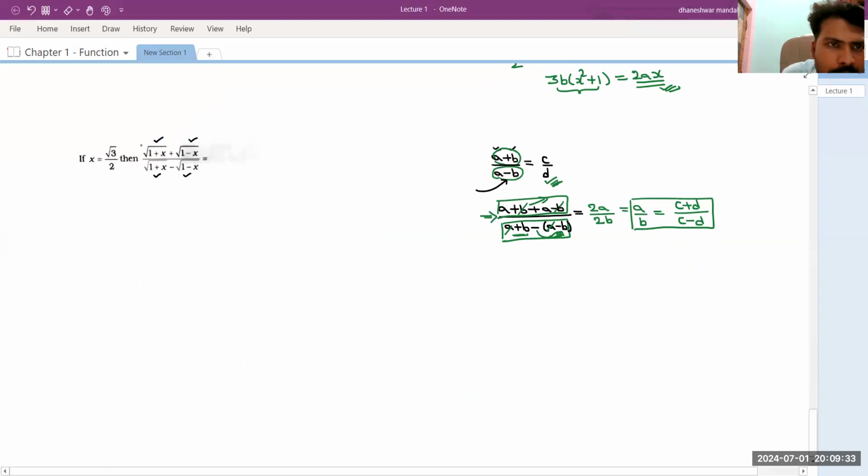So again, from here, I have to calculate the value of this whole expression. And if I say this term is equal to k, okay, I just assume the value of this whole expression is k. Then by using the componendo dividendo method, I can write this term. See, I can reduce this whole term to a by b by using the componendo dividendo. So what I have to do? Add both terms and subtract both terms. So if I add